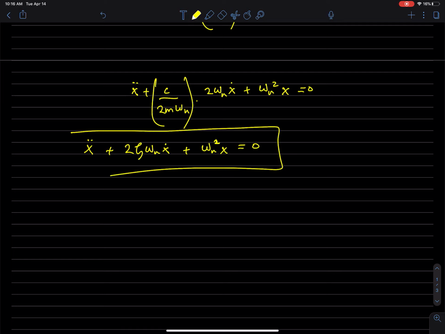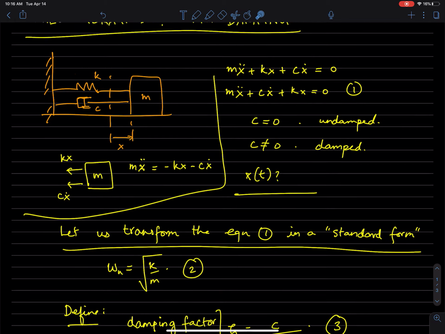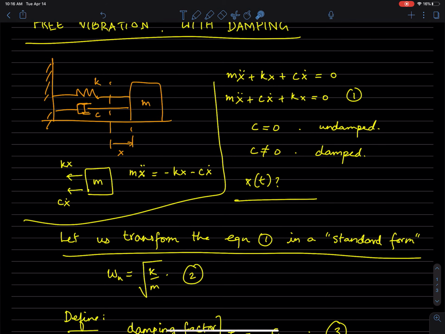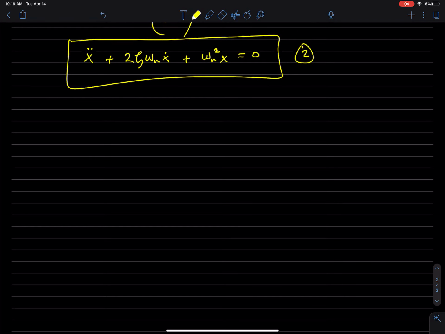Okay. So equation 2 is essentially equation 1. This is the same equation, except we've replaced m, c, and k in terms of omega n and zeta. Okay, so equations 1 and 2 are equivalent,